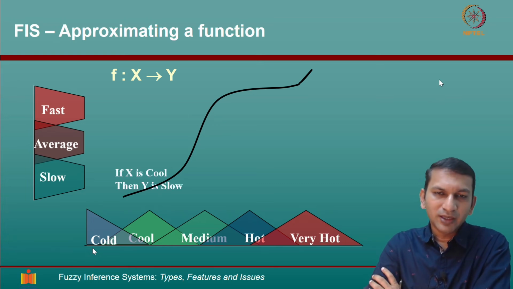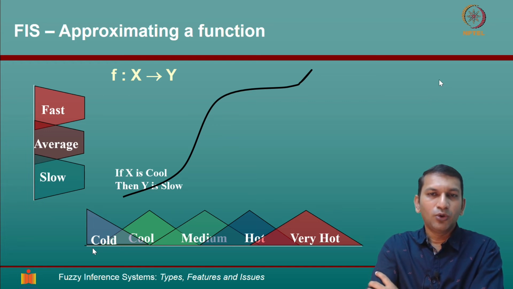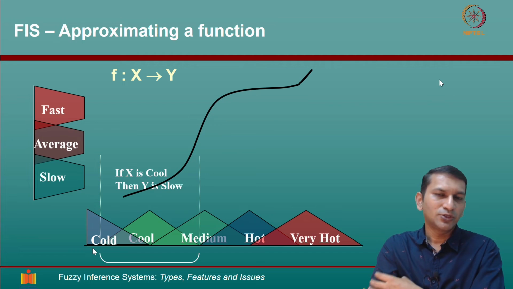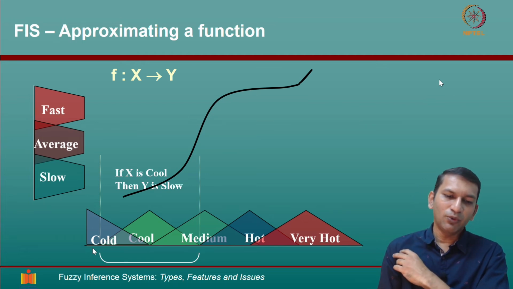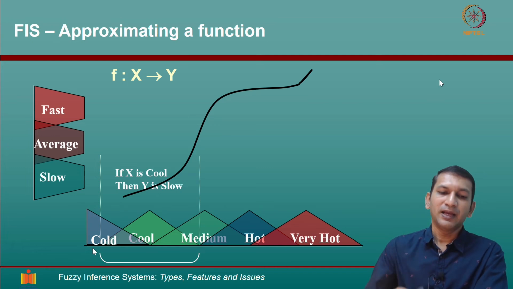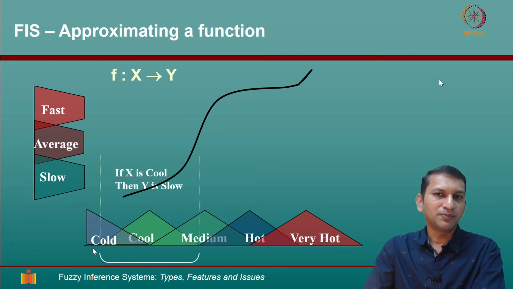Now look at the set cool. Who are the people who belong to this set cool? So essentially you are looking at the support of this fuzzy set cool. The support is between these two values, because outside of it, it is 0. So that means when you are actually measuring the input x, only if it falls within this interval is it going to be considered as cool. And only then does this rule need to come into the picture, because we are in that if region. Now,